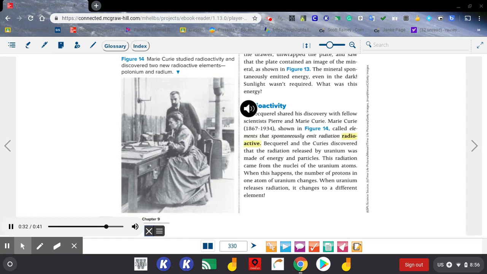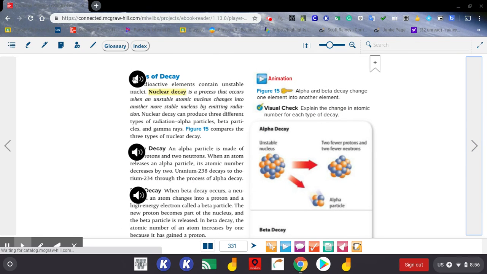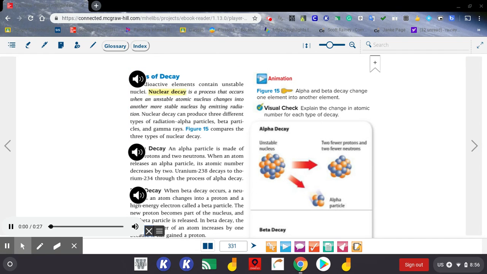When this happens, the number of protons in one atom of uranium changes. When uranium releases radiation, it changes to a different element. Types of decay. Radioactive elements contain unstable nuclei. Nuclear decay is a process that occurs when an unstable atomic nucleus changes into another, more stable nucleus by emitting